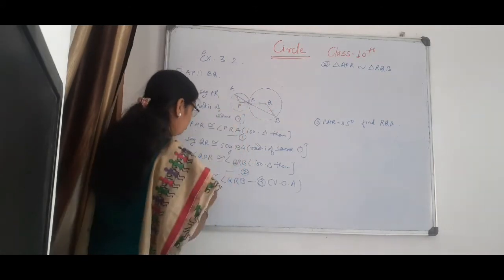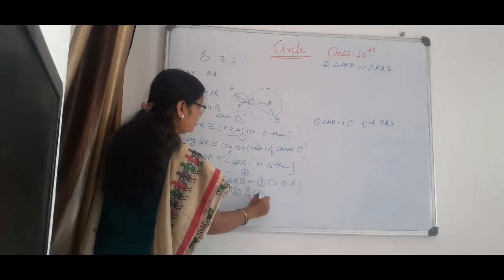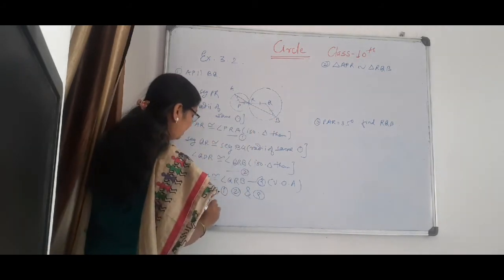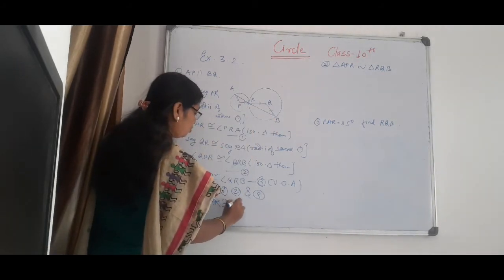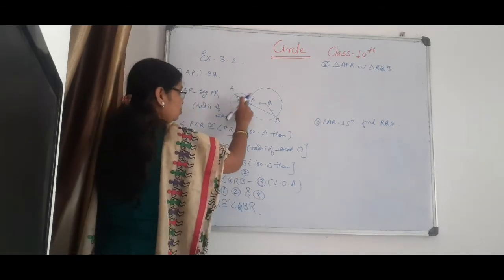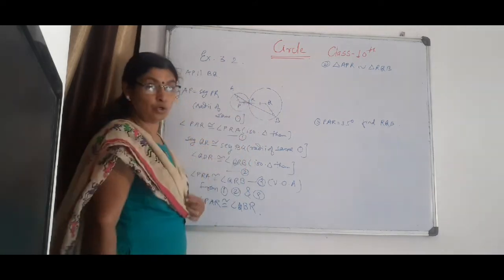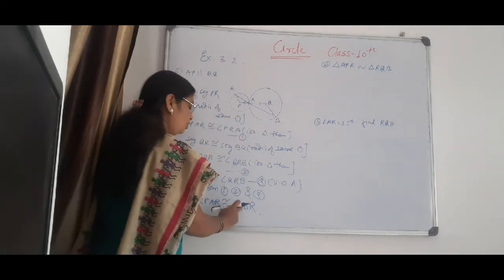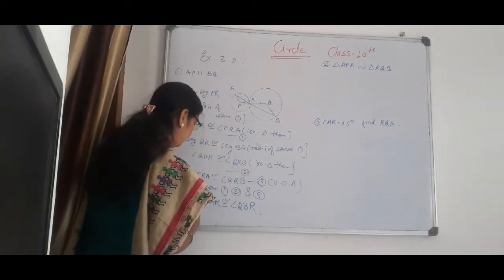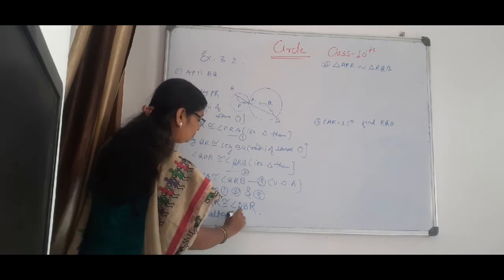Now this angle is congruent to this angle, which is congruent to this, and these both angles are congruent. Therefore from 1, 2 and 3, angle PAR is congruent to angle QBR. But these are which type of angles? Alternate angles. And therefore by the alternate angle test,